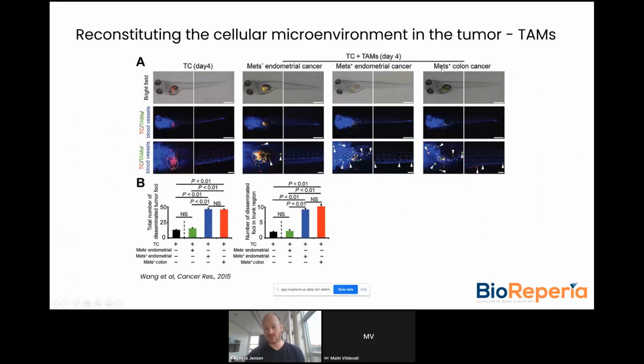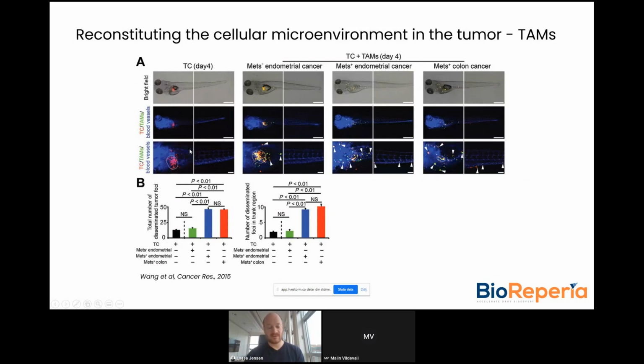We took a small tumor biopsy from these patients, isolated the TAMs, and mixed them with otherwise non-invasive tumor cells. Also, a fibrosarcoma cell line was used in this study. Mixing these non-invasive cells with these TAMs, we saw that TAMs from the metastasis negative patient also were not able to elicit an invasive, metastatic phenotype in the zebrafish model, whereas the TAMs from metastasis positive patients